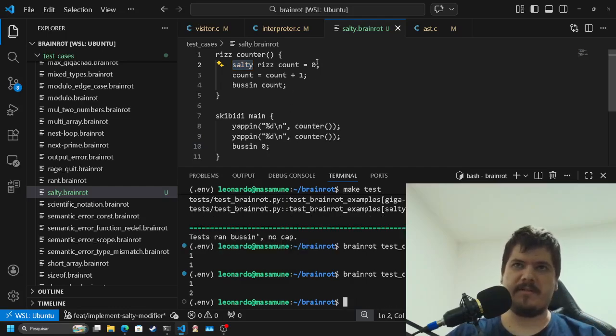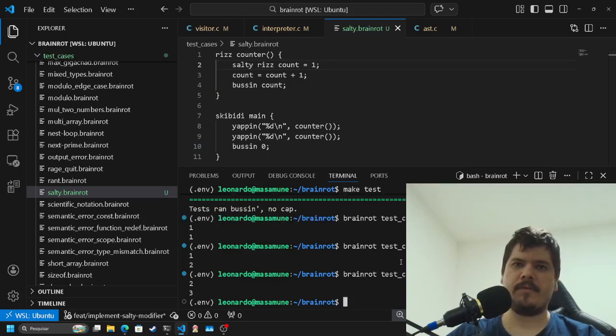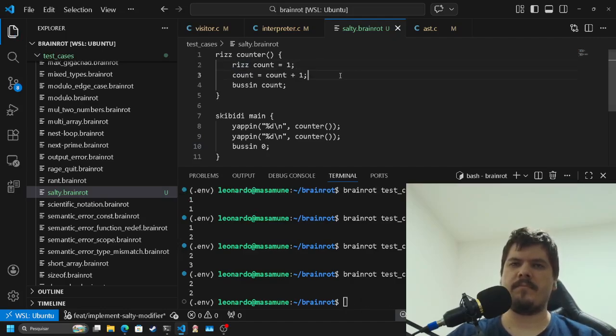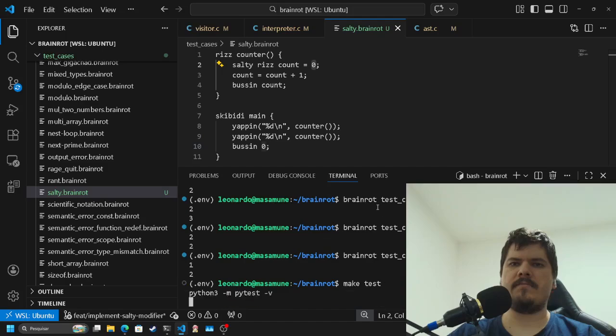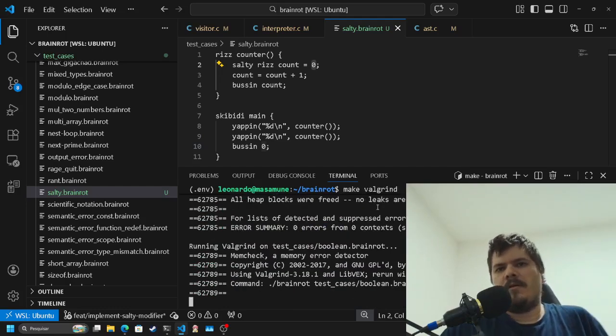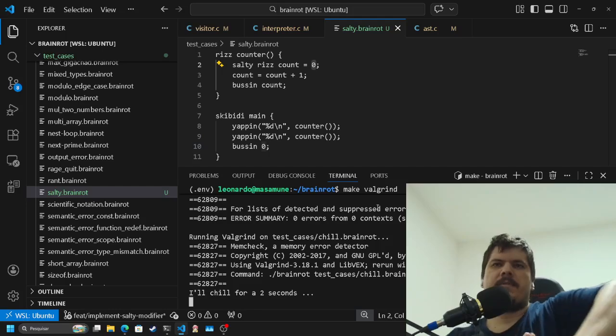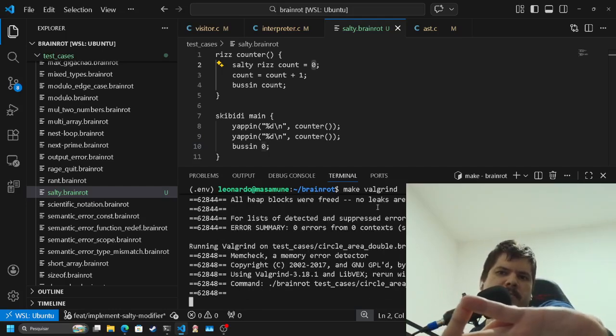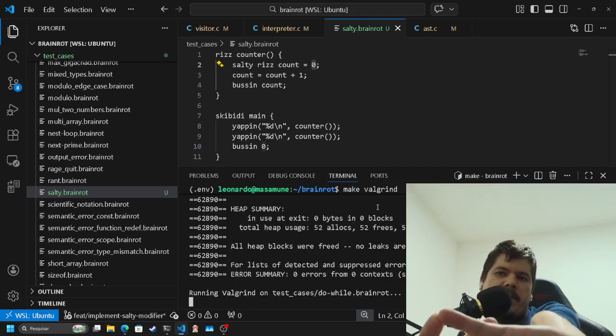And it behaves like, yeah, behaves like, okay. So let's leave this, make test. So let's make valgrind test to see if there's no memory leaks, if we didn't actually broke anything,